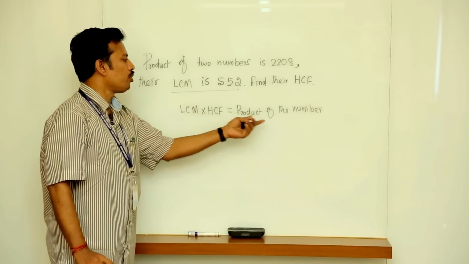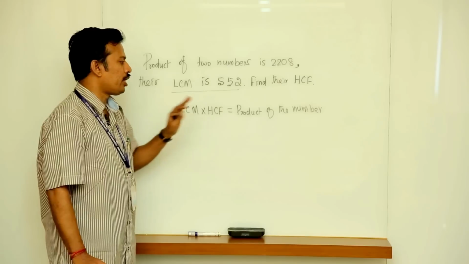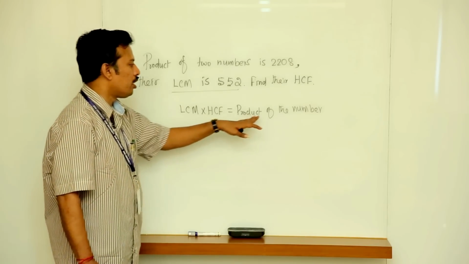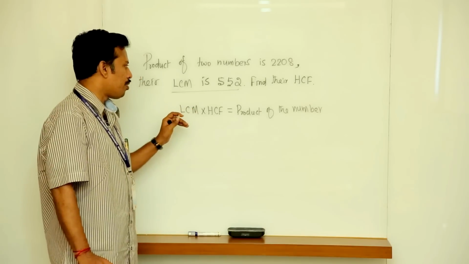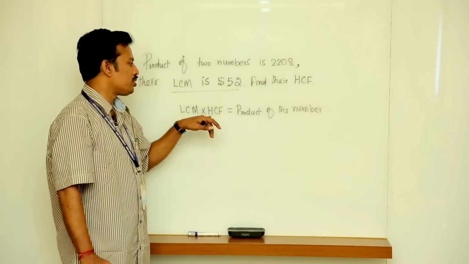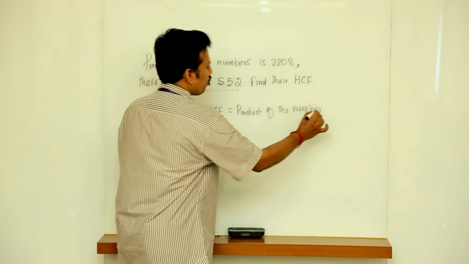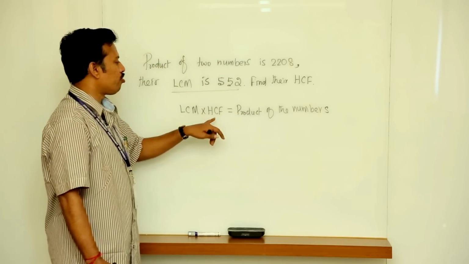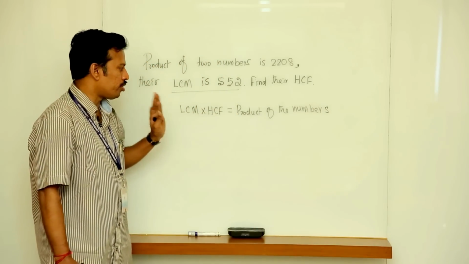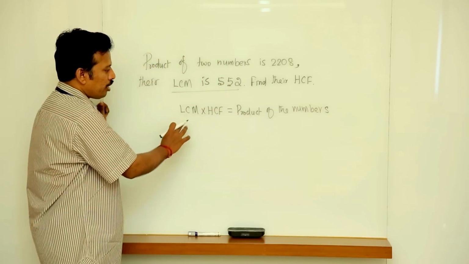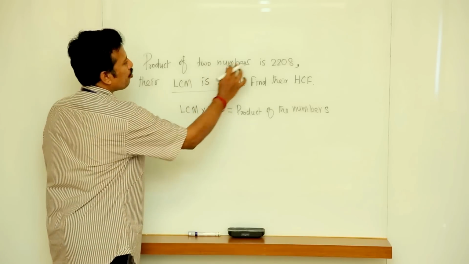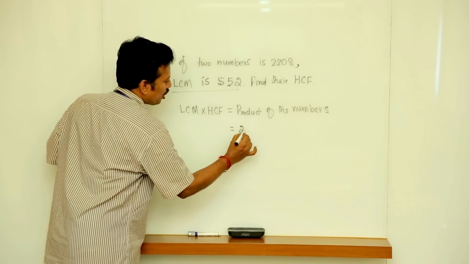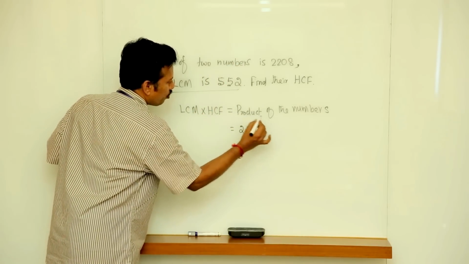This is a simple formula. If any two of them are known, the third unknown you can obtain directly. Sometimes they may ask you to find the product of numbers where LCM and HCF are given, or they may give you LCM and the product of numbers and you need to find HCF, or sometimes HCF will be given and you find LCM. This is a simple technique. LCM times HCF is nothing but the product of the numbers. Here the product of the numbers is given. Let us substitute straight away and you will get the answer.